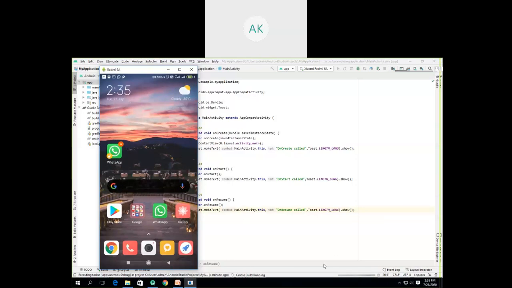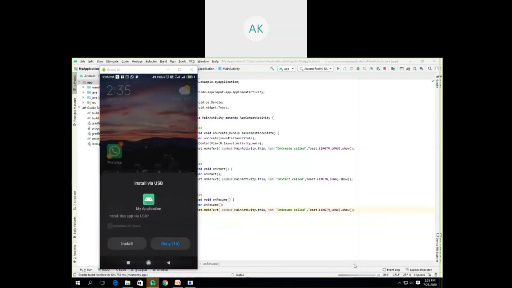As you can see, the app is still building here, and once it is built, yeah, you can see it has finished with 0 errors, and it is trying to install this app. So I'll click on install.